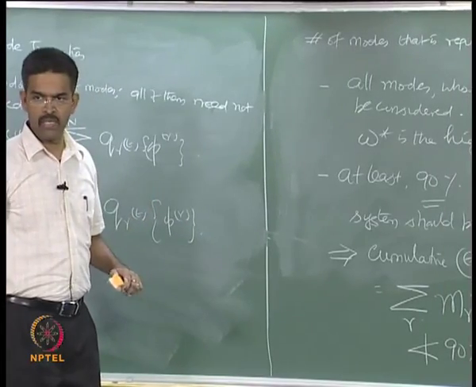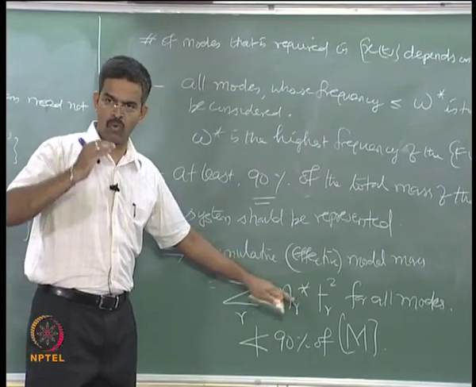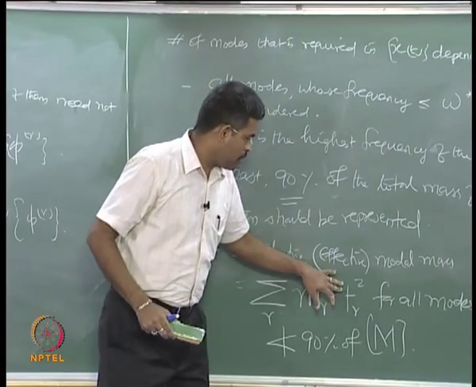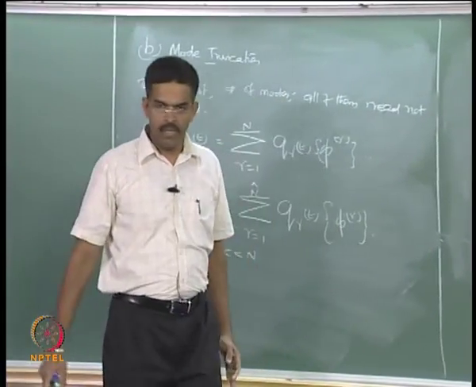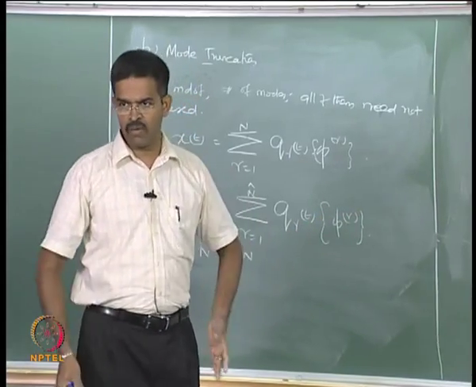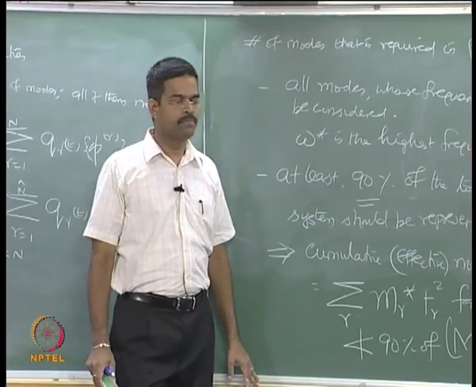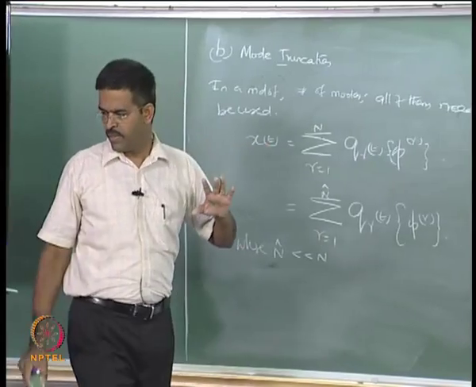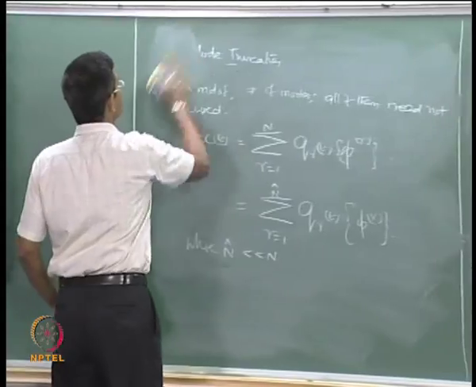Now in this equation, m_r star is already known to me. I have the set of equation 4a which can give me m_r star. Equation 5 gave me the modal participation factor at an rth mode. So if I know this and sum them up, and that sum is not lower than 90% of the total mass of the system, I can truncate the remaining modes. Now let us see how we correct this error, because this will result in error. We can correct this error, this is called static correction. Any questions here?